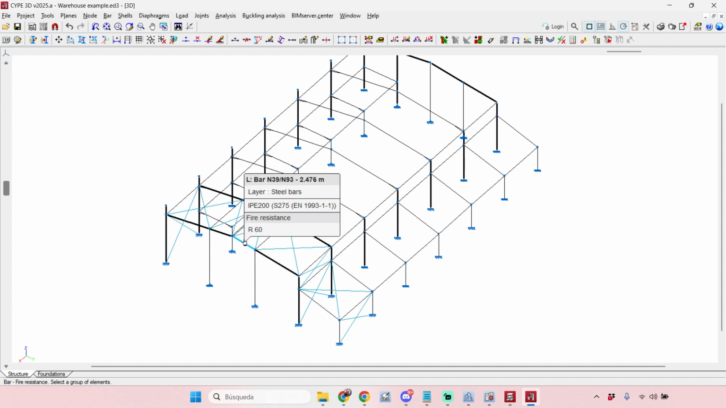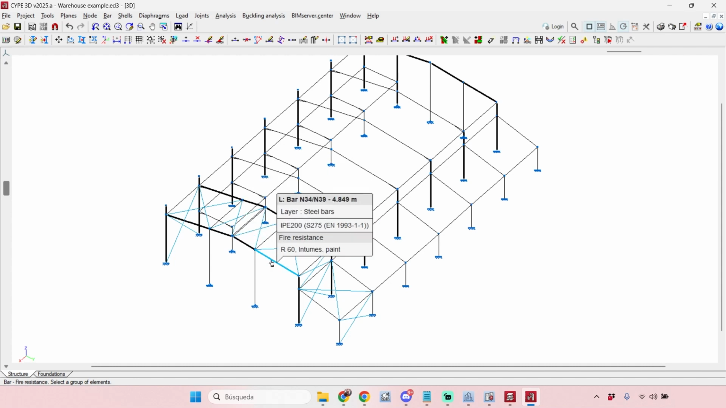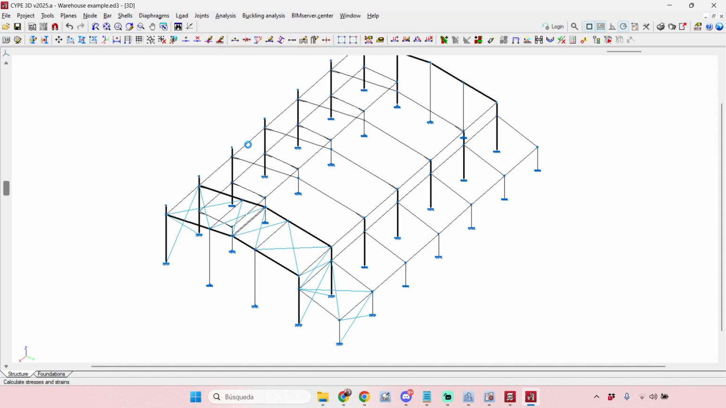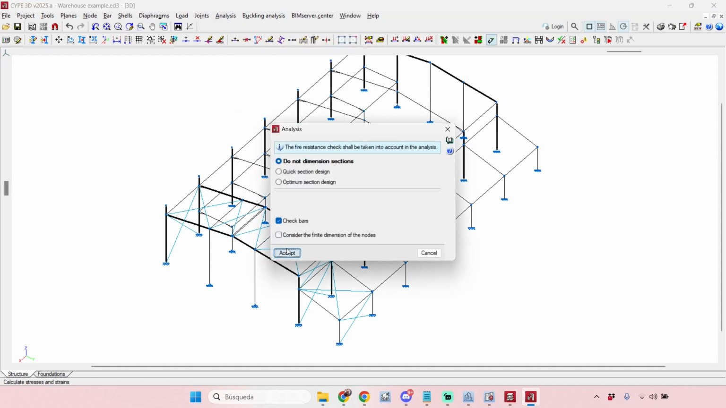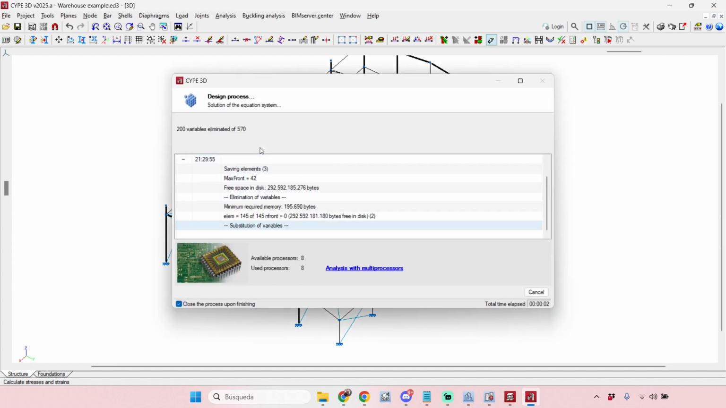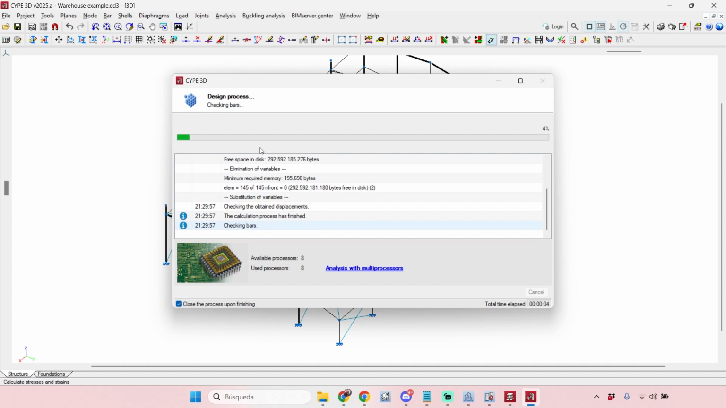Just to show the difference here, you can see in the last line of the box this little detail that was changed, okay. So let me analyze the structure again. We'll not design the sections, we'll just check the sections, and let's see what happened with this cover that we just added in this